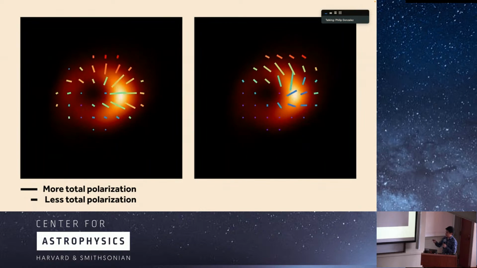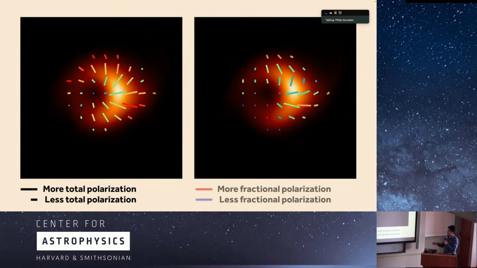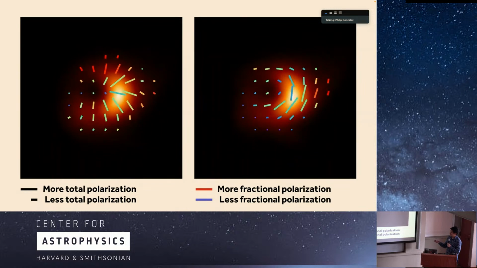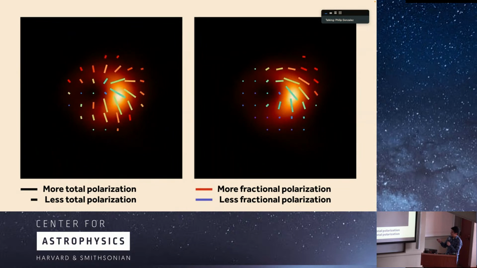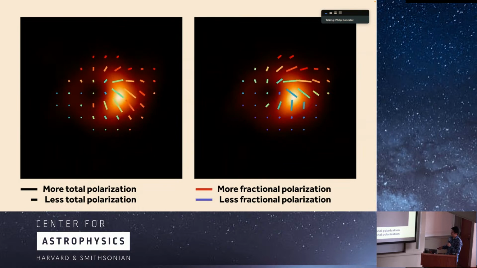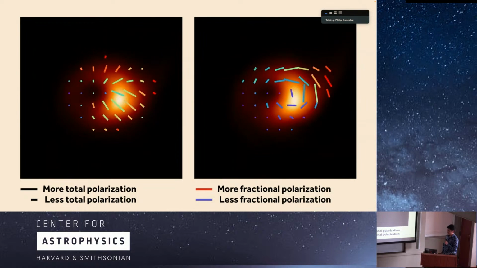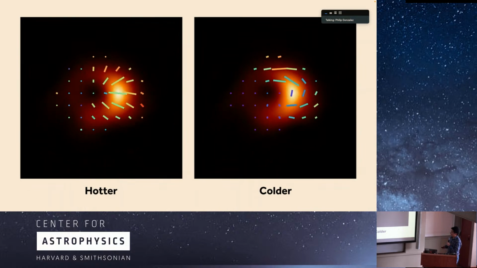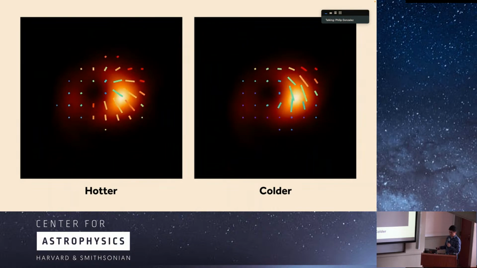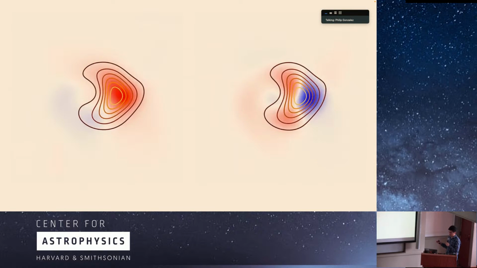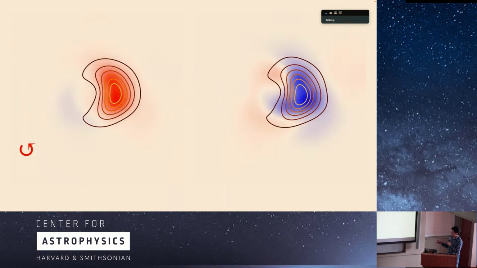Here, the tick lengths encode the total amount of polarization, and the tick colors encode the polarization fraction. If you look at these long enough, you'll notice there's more blue on the right than on the left, which allows us to infer that this model is actually colder than the one on the left. It's just making up for this with a higher density and a higher magnetic field when it comes to the total intensity. You would have also noticed this difference in the morphology, and this also carries true in the circular